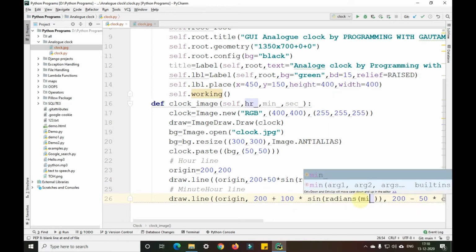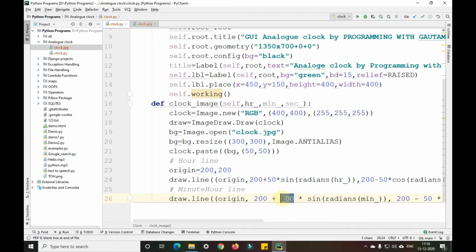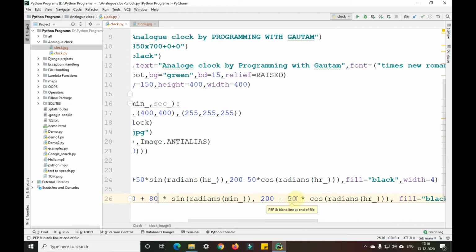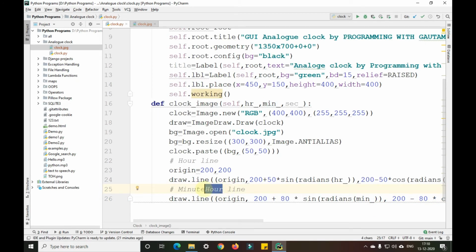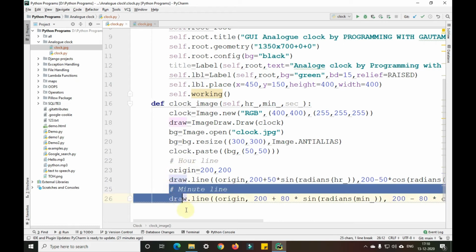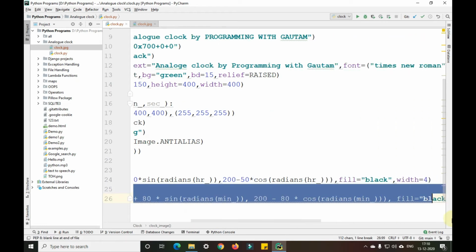Okay. So we'll take this as 80 here, so that we can take the seconds line as 100. Okay. So this is the minute here, and I just changed hour to minute here so that it will be easy for me. So in a similar way, we also have the second line here.